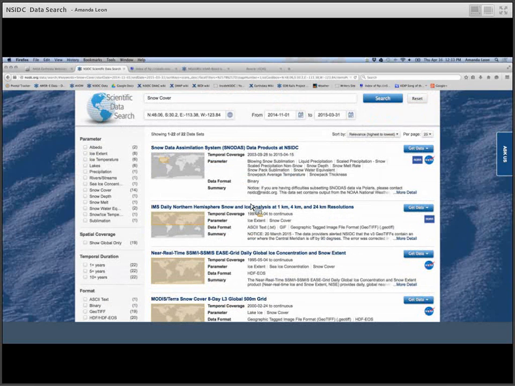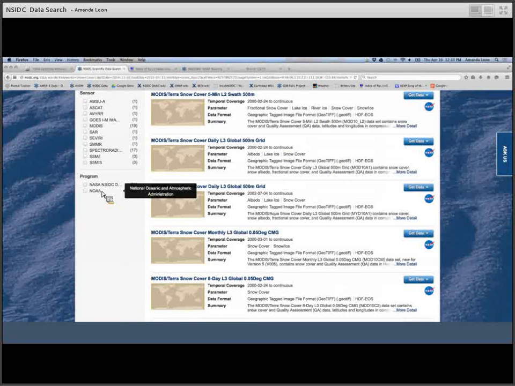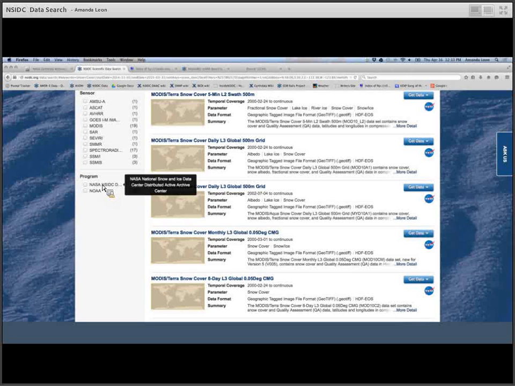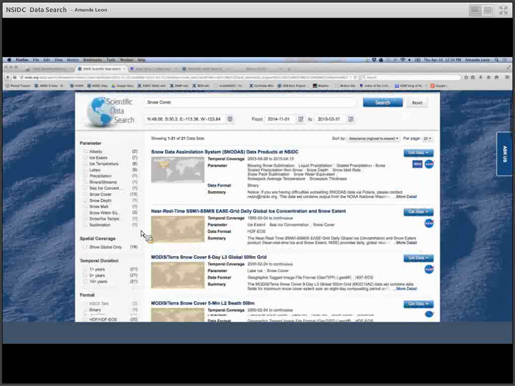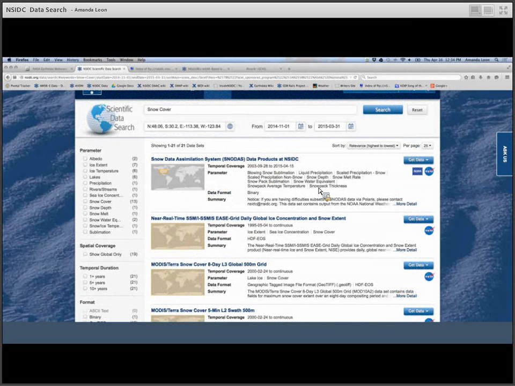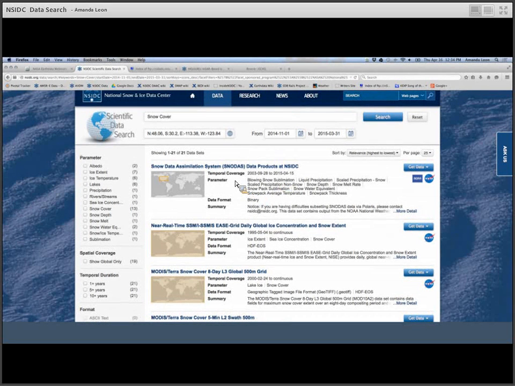It might be that I'm interested in really what NASA has in terms of snow cover data. So another facet is the program that funded the generation of the data product. So one option is the NASA DAAC, and then we also do have NOAA data. But if I were interested in NASA, I could select the NASA facet, and that's going to reduce it down to just those NASA data products. I then might decide I am most interested in this top data set, the SNODAS data product. So I can again look at the data access options. It has FTP, it has a search and order tool, and I could choose which one I might want to